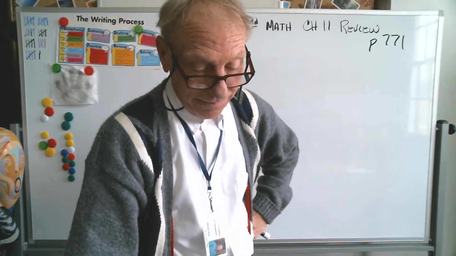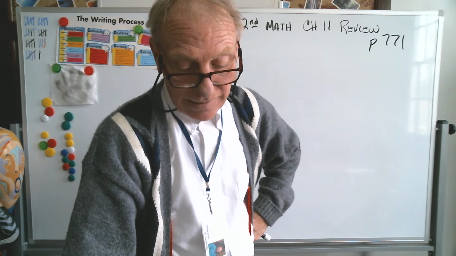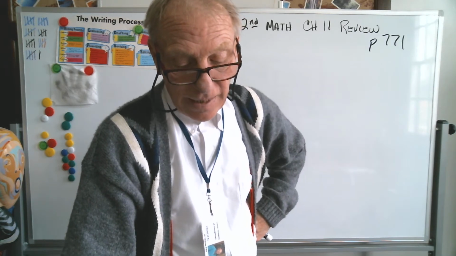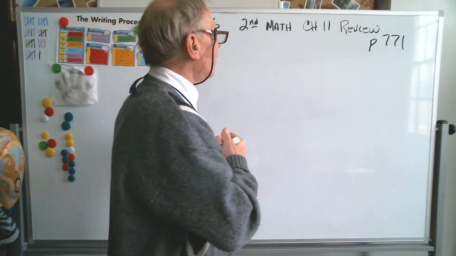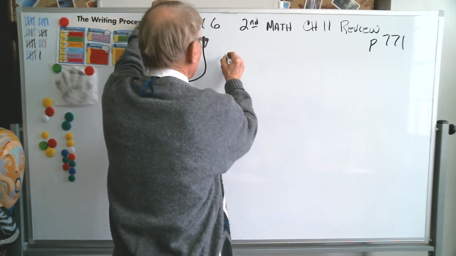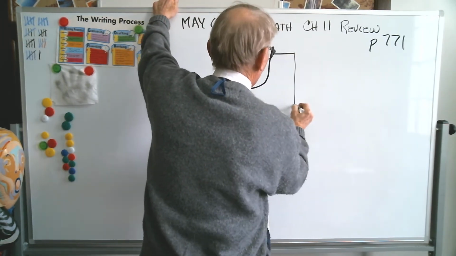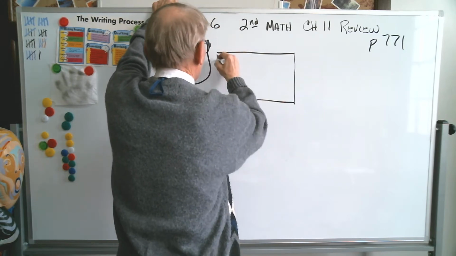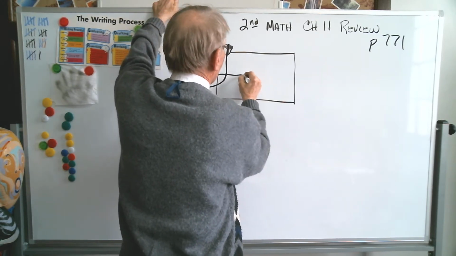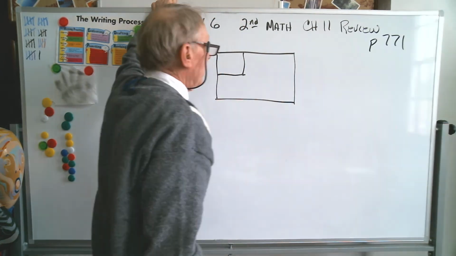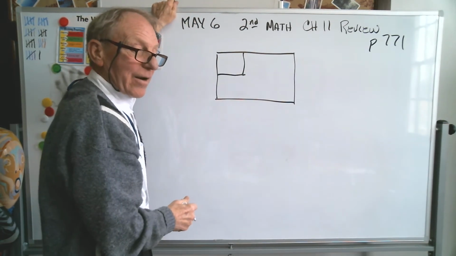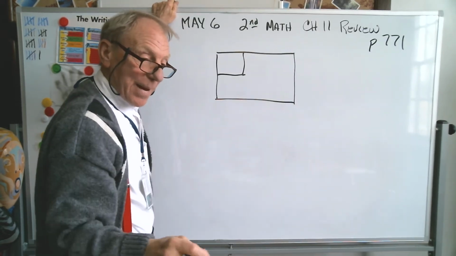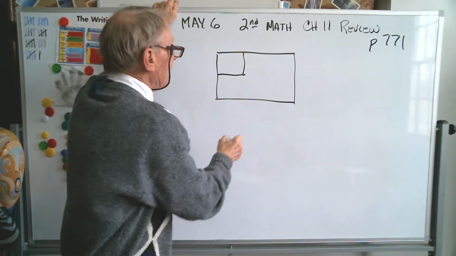Number 6. Max wants to cover the rectangle with colored tiles. Explain how you would estimate the number of square tiles he would need to cover the rectangle. Now, you can do this either by just looking at it, or you can actually take and cut out a piece of paper that size to match it in the book, and